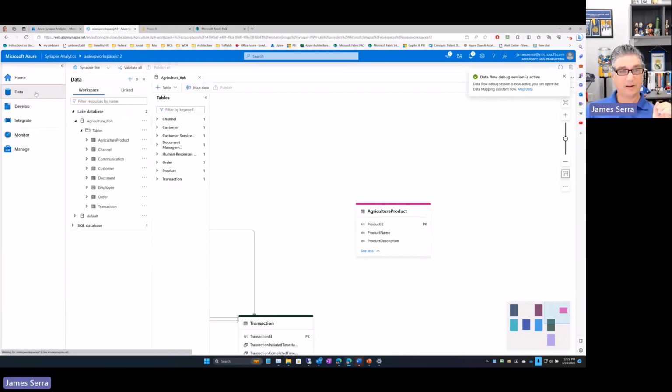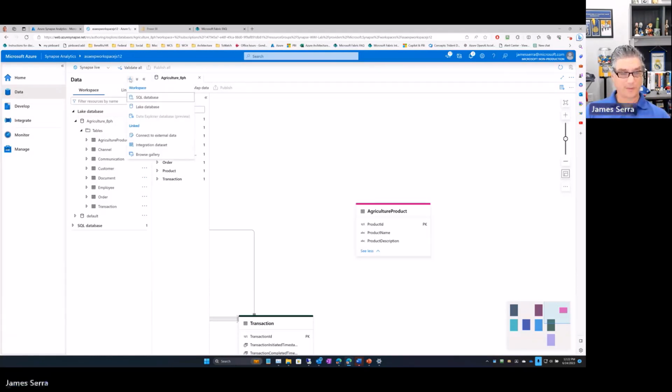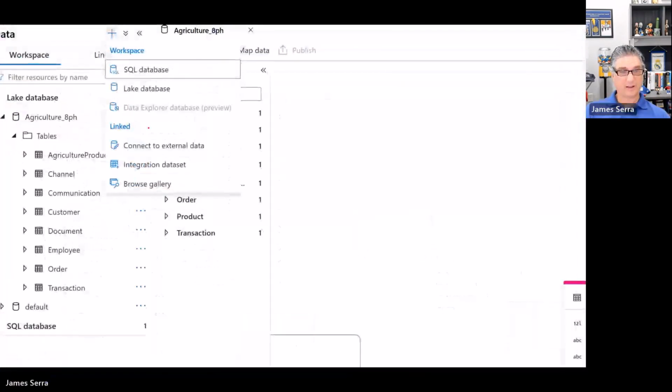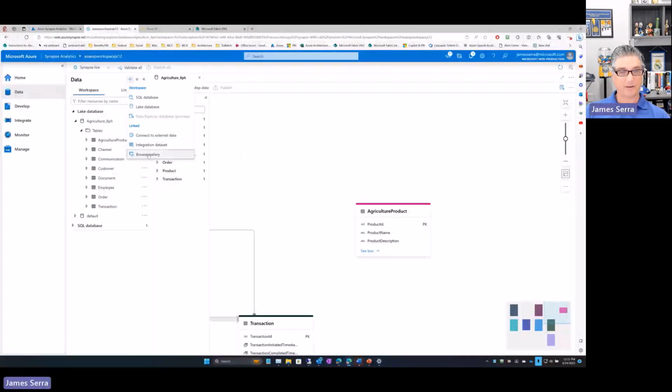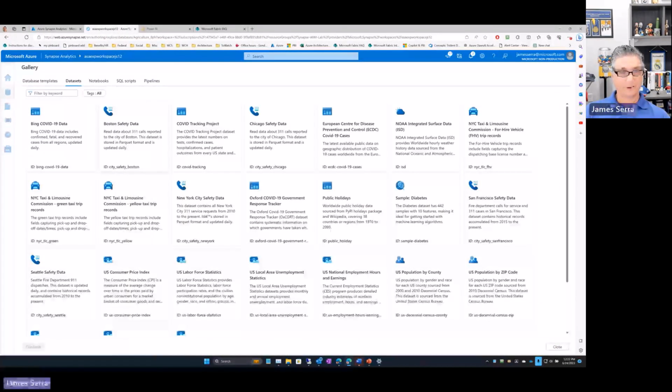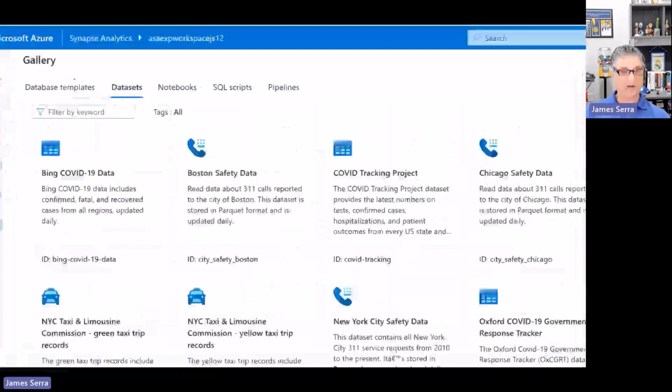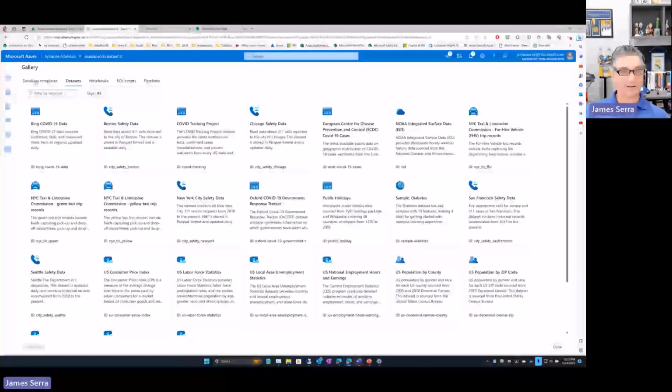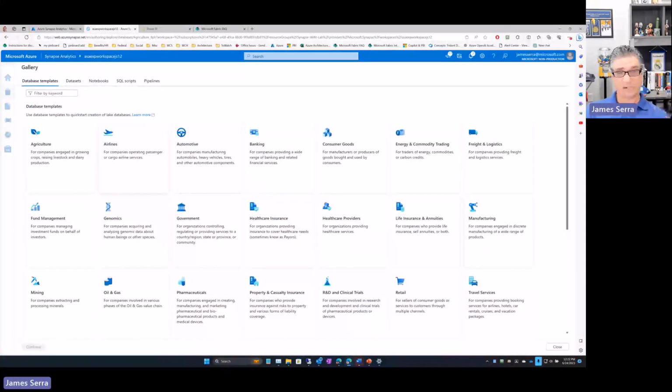And what you'll find under data here is where I can choose, on that plus sign under data, you'll have this gallery. And if I click on this gallery, there's database templates you'll see up here. I choose that as the starting point, and there are all the database templates. So I can pick any one that matches my industry or is close to it. So we'll go with retail, and